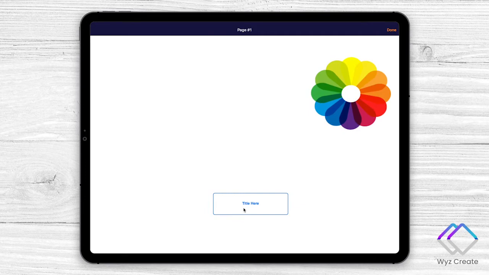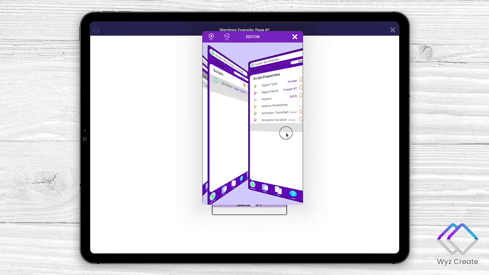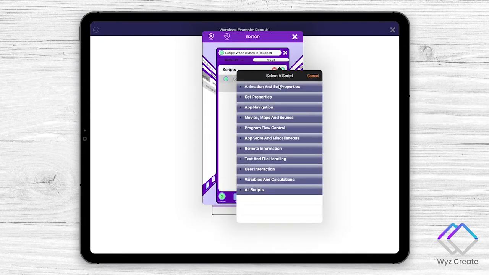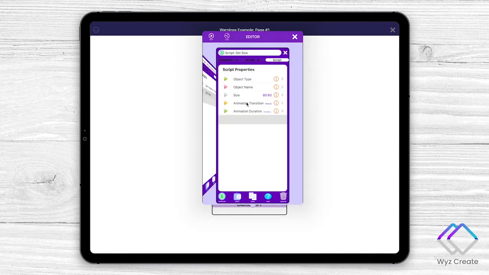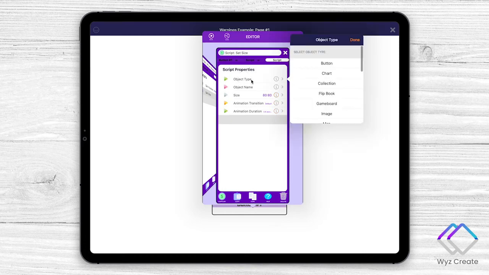So pressing the button moved the object. I'm going to tap done to get back to development mode, and I'm going to add another script here. Again under animation and set properties. So this time I'd like to set the size as well. Which, pro tip, you can actually do this in one script altogether, but for the sake of this illustration, we're using 2 scripts. So I'm going to say set size, and this time I'm going to select object type image,